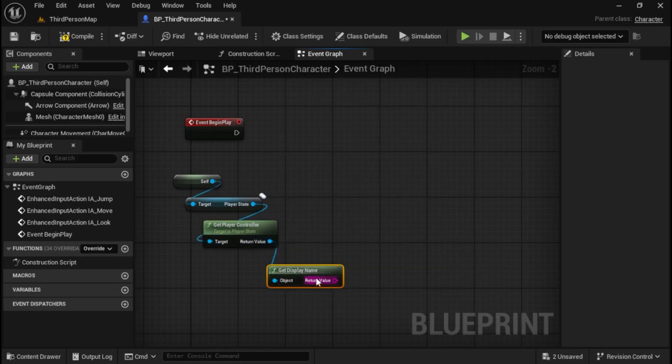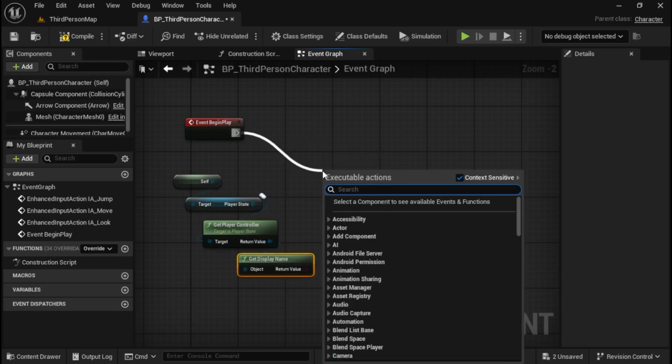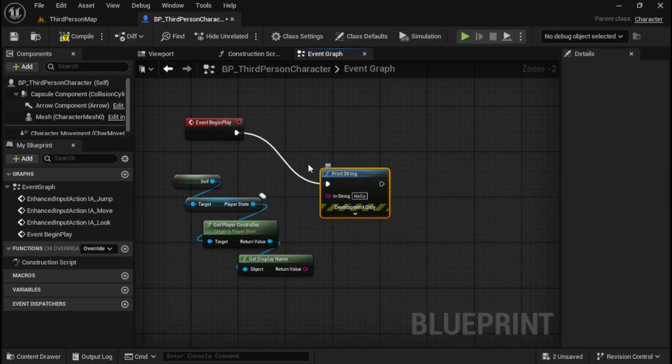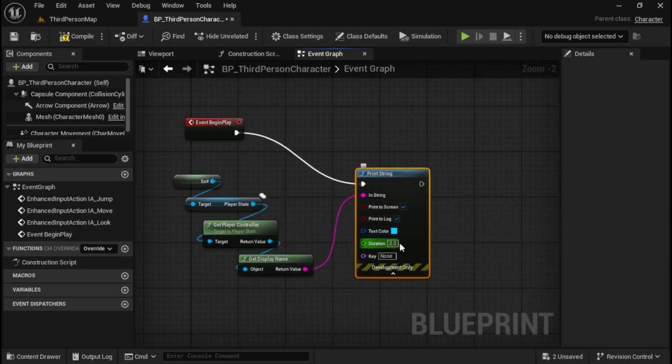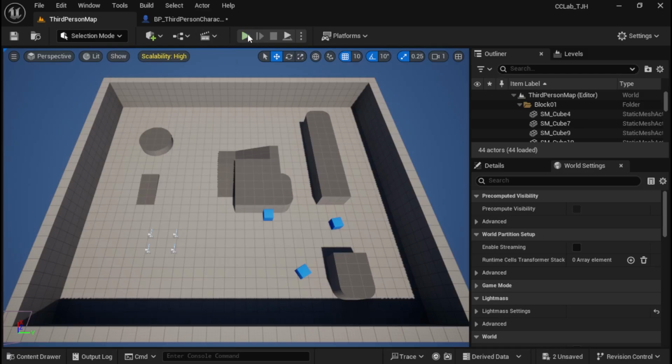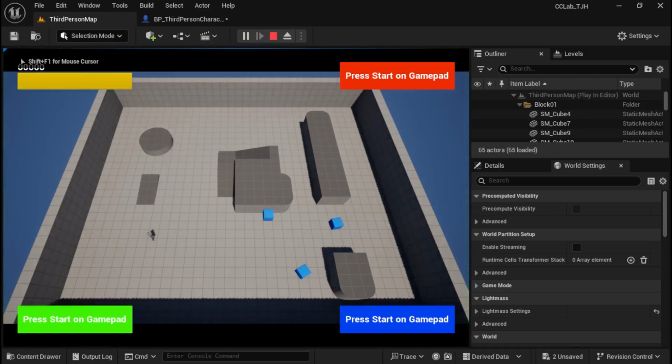Now, at this point, I can probably show you what this is going to look like. So let's go ahead and pull this off. We're going to do print string. And we'll plug that in. And I want this to stay on the screen a little bit longer. About 5 seconds sounds good. All right, let's see what this looks like. Okay, hit play. And